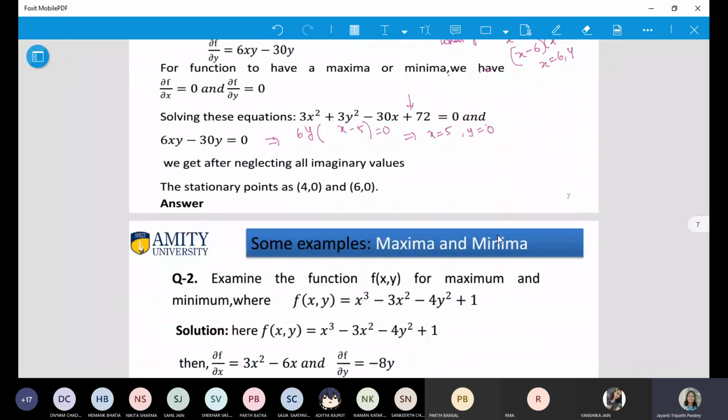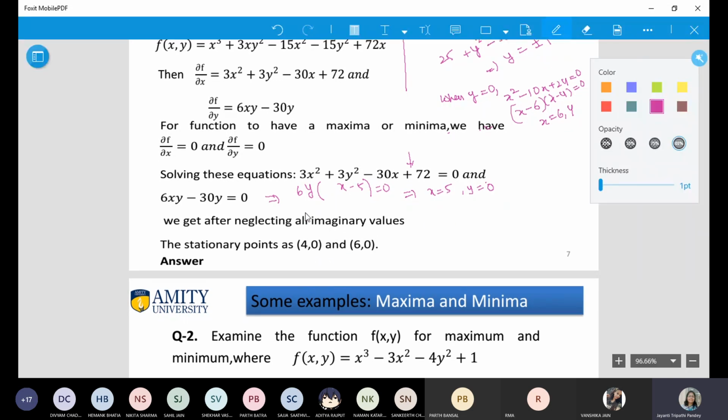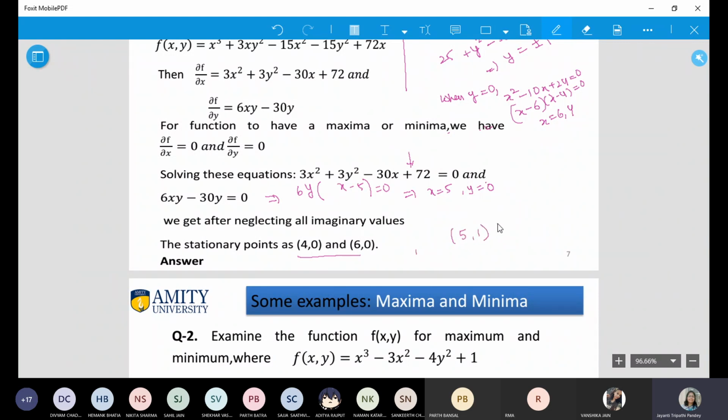Let us see. Now without testing, two values are missed here. Two values are not given. It's not imaginary, it's real values we are getting. Okay. I want everybody to check if it is negative 6xy. Del f by del y is 6xy minus 30y. So if we are getting positive values only, see, one group of values is this, and the second group of values is 5 comma 1.